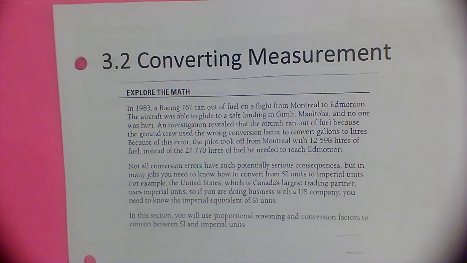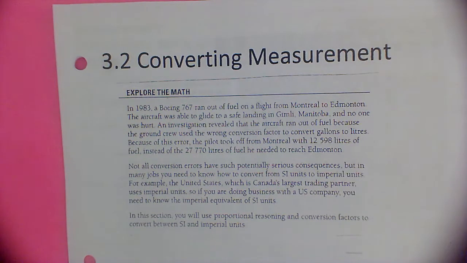Converting measurements. In 1983, a Boeing 767 ran out of fuel on a flight from Montreal to Edmonton. The aircraft was able to glide to a safe landing in Gimli, Manitoba, but no one was hurt. An investigation revealed that the aircraft ran out of fuel because the ground crew used the wrong conversion factor to convert gallons to liters. Because of this error, the pilot took off from Montreal with 12,598 liters of fuel instead